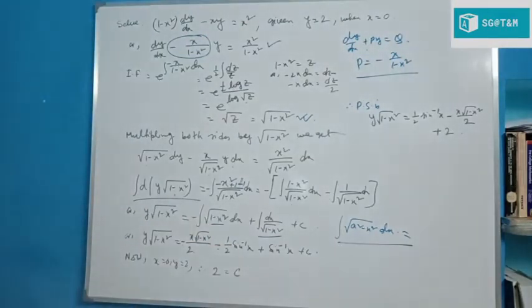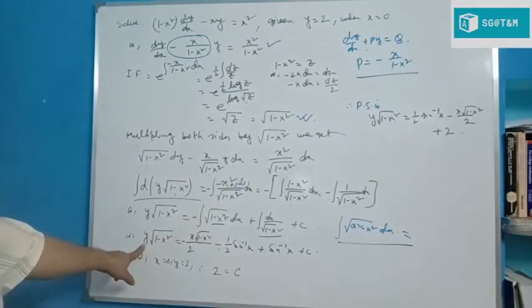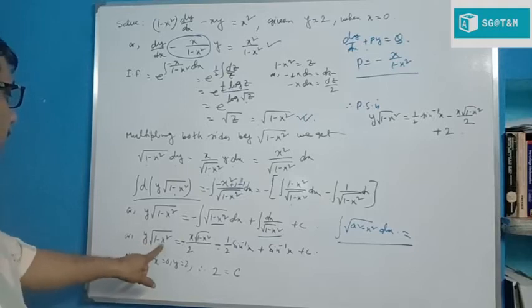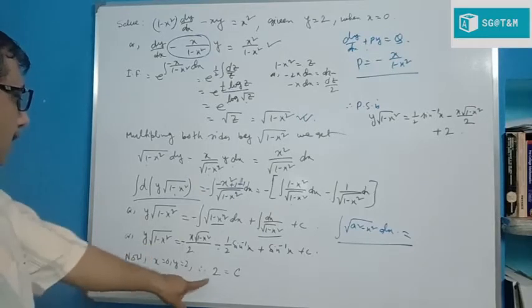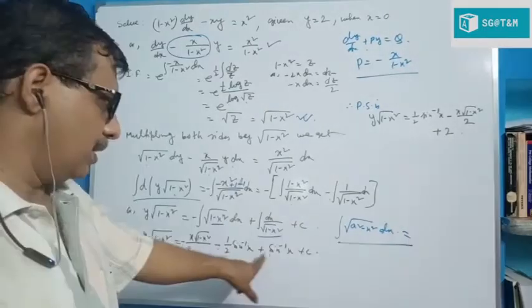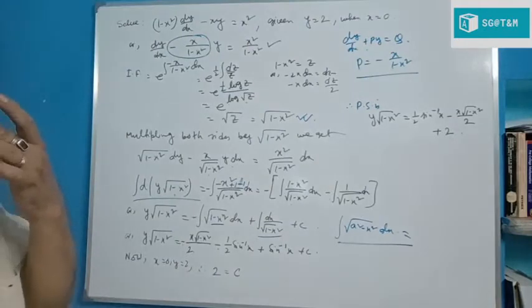Now in this case we have to find out the particular solution. Particular solution is given when y is equal to 2, then x is equal to 0. Put x is equal to 0 and y is equal to 2 to find the value of c. So this is 2, this is 0, so it is 2 also. And x is 0, so this is 0. Sin inverse 0 is 0. So c is equal to nothing but 2. So value of c is 2.